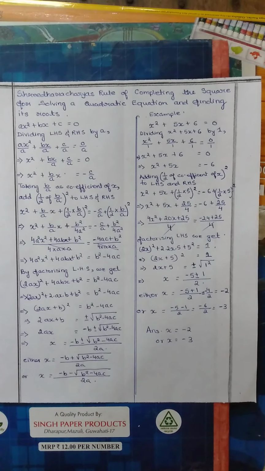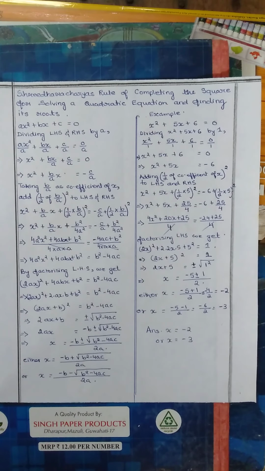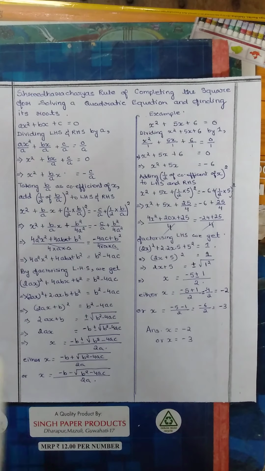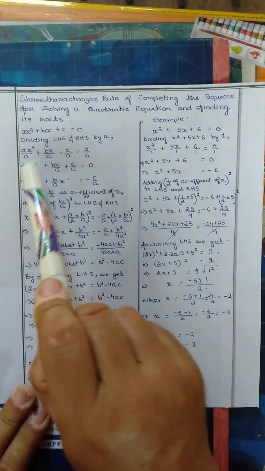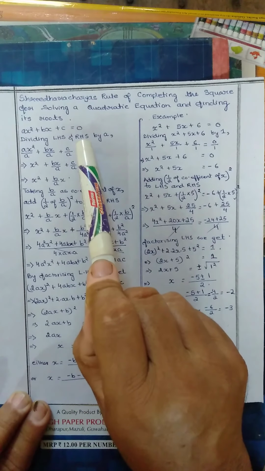Let me try to teach you Shreedharacharya's rule of completing the square for solving a quadratic equation and finding its roots. Now you have the standard form of the quadratic equation as ax squared plus bx plus c is equal to